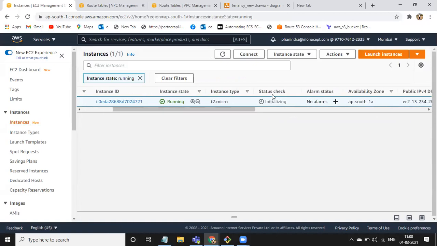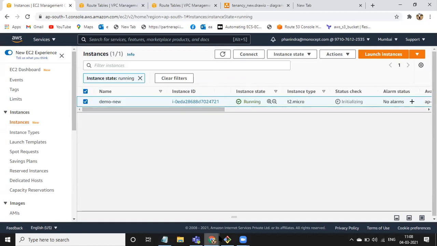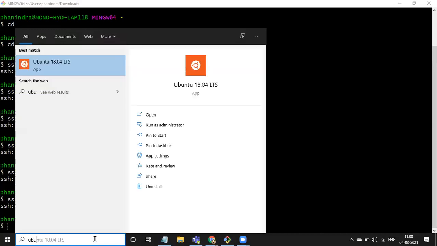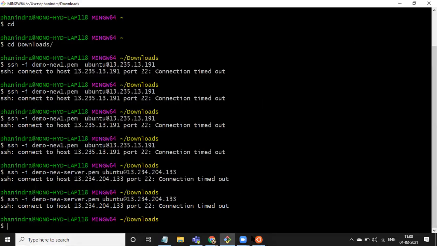Okay, still it will take some time. Health check is initializing. Let this complete. This is Git Bash actually, and I have installed Windows Subsystem for Linux also, the Ubuntu terminal.